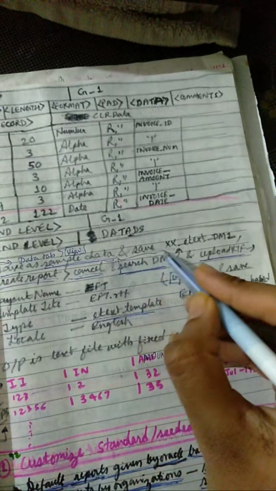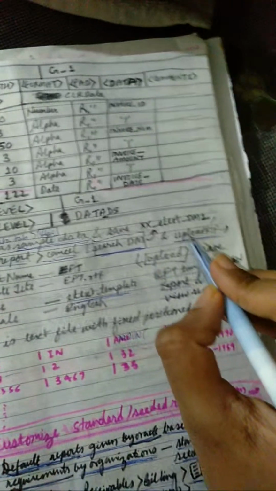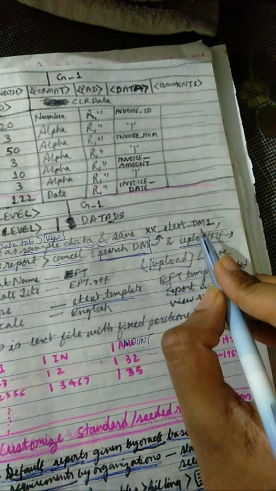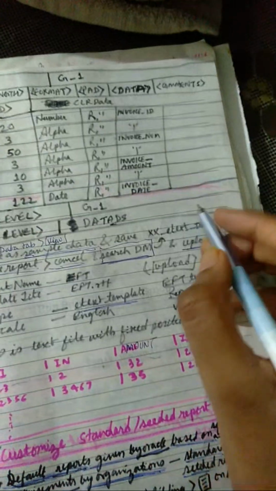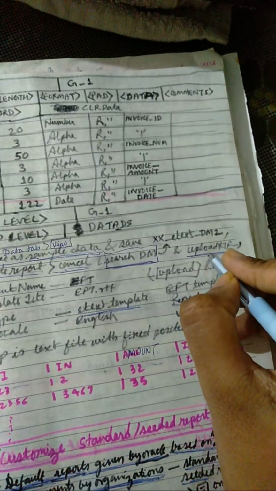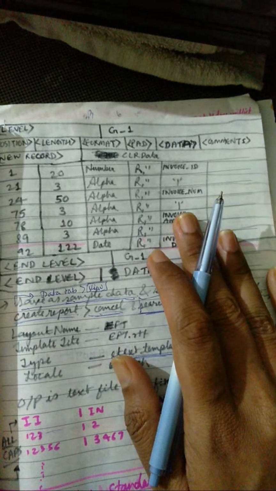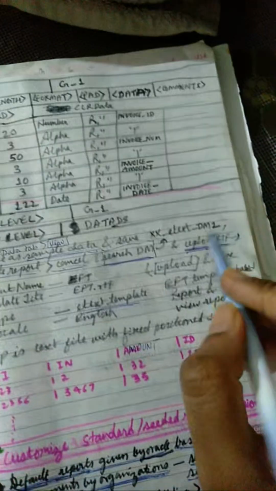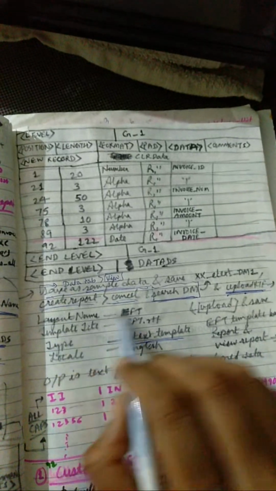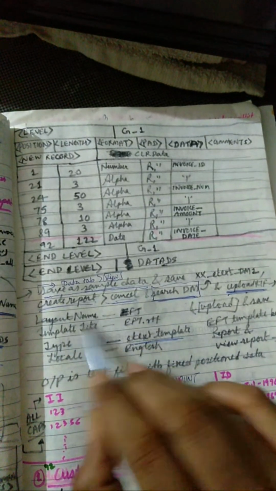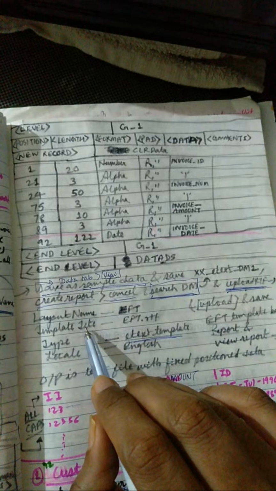One, for searching the DM, there will be a field for searching the DM, and you just search the DM name, whatever you saved it as, and then you have a generate option and an upload option as well. So click on upload, because I have created it, the user created RTF should be uploaded, so I'll choose the upload RTF option. You have four things here to be given: the layout name, the template file,